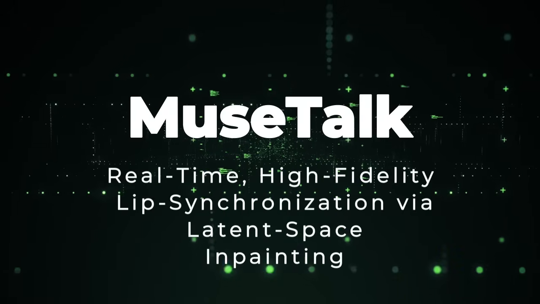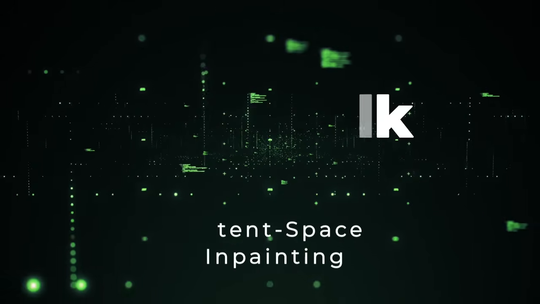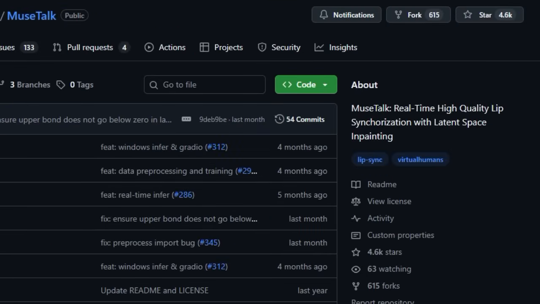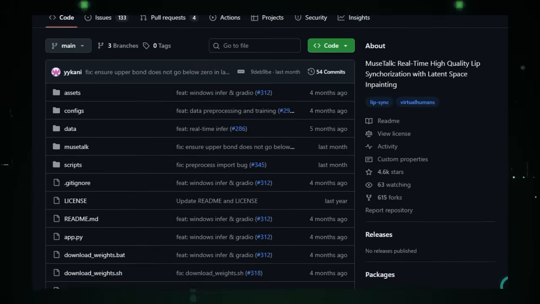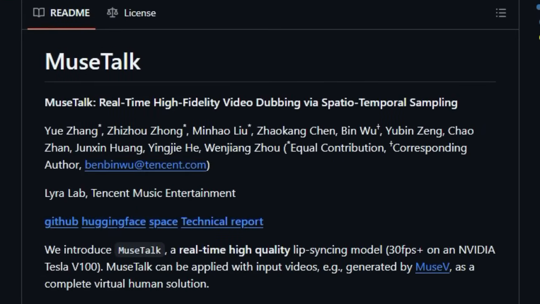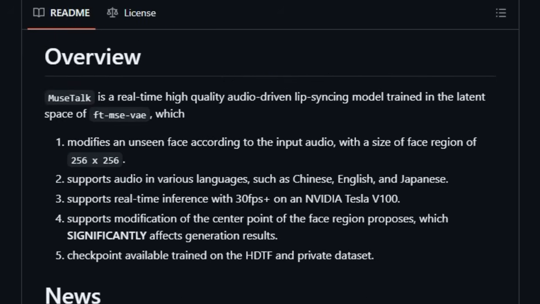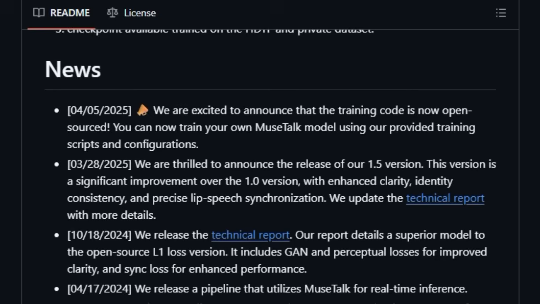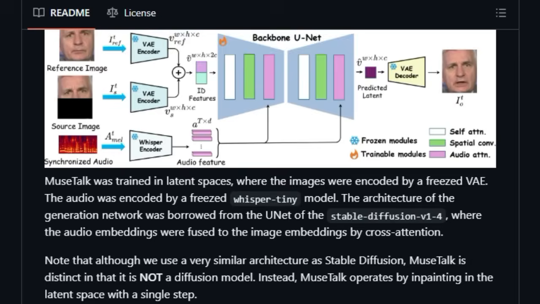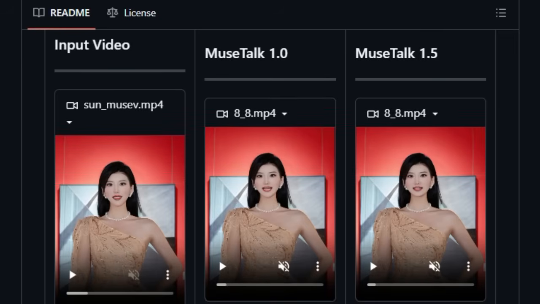Project number 4, MuseTalk. Real-time, high-fidelity lip synchronization via latent space in-painting. MuseTalk stands out as a truly unique tool because it fundamentally reimagines how video dubbing and lip syncing are done in real time. Unlike typical methods that might simply overlay mouth movements on a video, MuseTalk operates deep within a compressed latent space, using a frozen VAE, variational autoencoder, to encode images and a Whisper Tiny model to encode audio. That means it isn't just copying pixels, it's generating entire facial motion that naturally aligns with the speech, with both